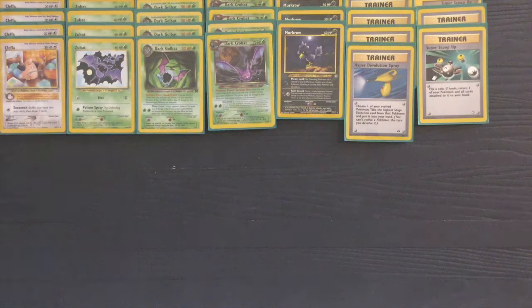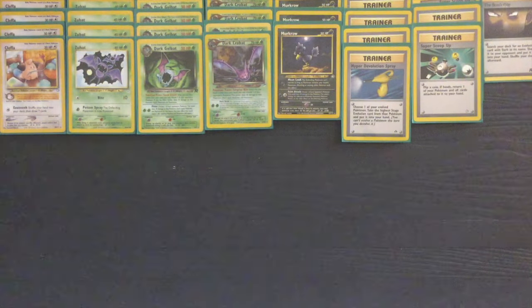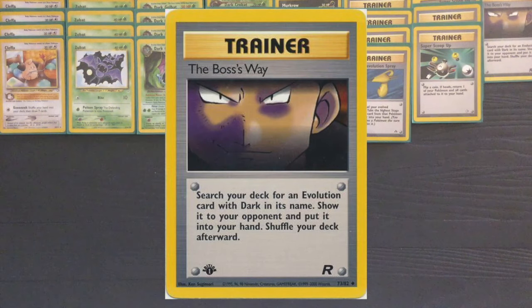If the babies are on the bench, you don't have to flip that coin. Like I covered in the intro, Hyper Devolution Spray is going to let you devolve and re-evolve those Crobats over and over again, just dealing more and more damage without actually having to attack. Super Scoop Up is going to let you pull the whole evolutionary line up so that you can start over again